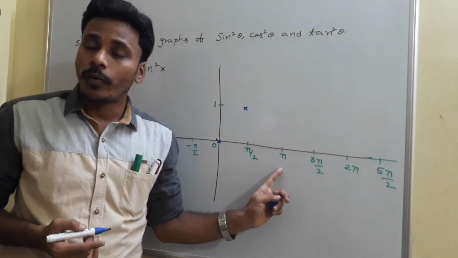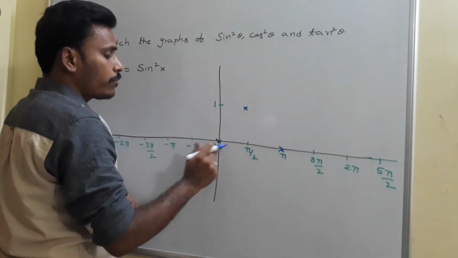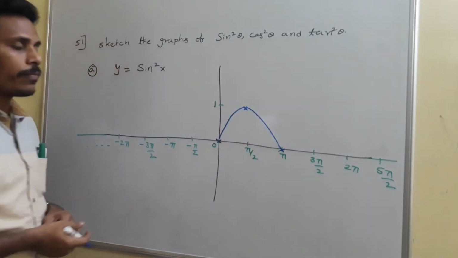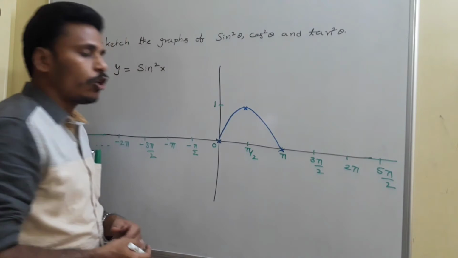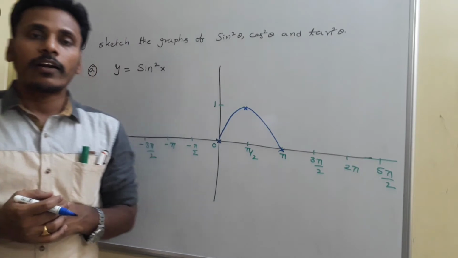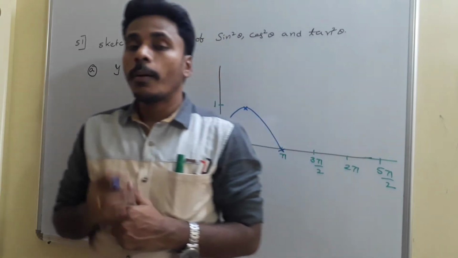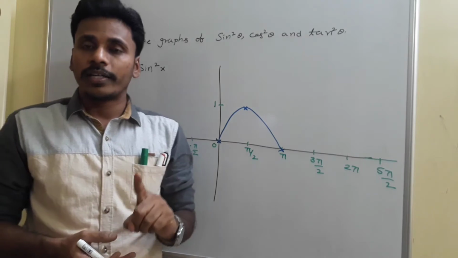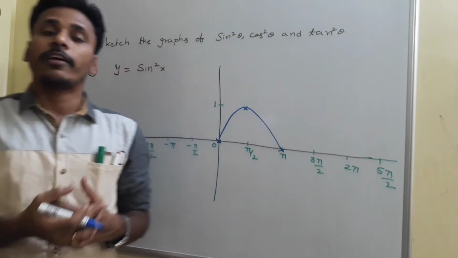What about sin 180? Sin 180 is 0, and sin square 180 is again 0. So from 0 to 180 the graph of sin and sin square looks the same, though not exactly. From 180 to 360, that is, the third and fourth quadrants, sin theta is negative, but sin square theta is still positive. Every negative value, when squared, gives a positive value.